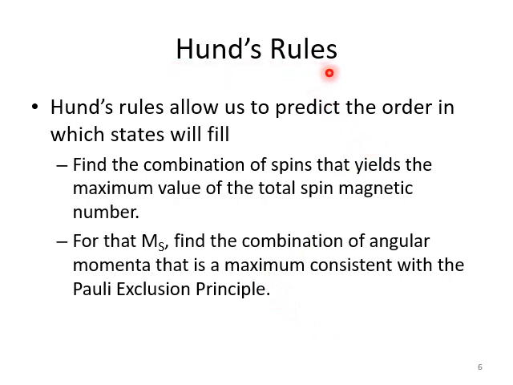Related to this is a concept you've heard of before in a chemistry class called Hund's rules, which allow us to predict the energy order in which states will fill, which state gets filled first as we work our way up through the principal quantum numbers and the angular momenta. And here's a set of rules, approaches that allow us to figure out which states fill first as we put electrons into a system. First, you find the combination of spins that yields the maximum value of the total spin